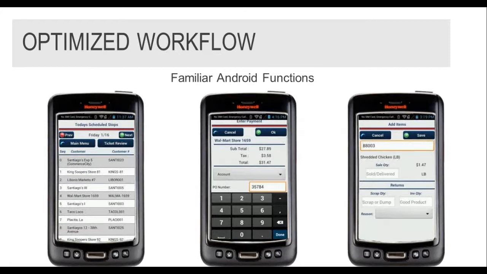But the first is the idea of being able to scroll up and down through a list, not necessarily have to grab a grab bar and scroll up and down just with that, but with your finger move that up and down. Likewise, being able to select something from a list that same way by just tapping on it. The next thing I wanted to point out is the ability to support a variety of different input methods. So not only can we do check boxes and drop downs and text boxes like we always could, but also support the ability to show different types of keyboards for the different types of input that might be necessary.